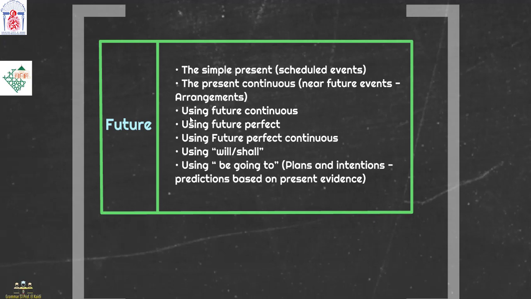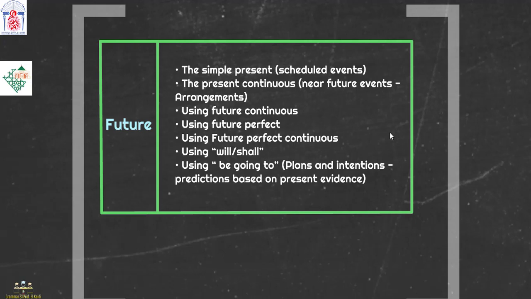And of course, we can use the future continuous, the future perfect, the future perfect continuous, and will and shall for the simple future, right? And at the end, we use be going to talk about plans and intentions or predictions that are based on present evidence. Now, let me give you an example concerning the first case, which is plans and intentions. Okay? We say, for example,